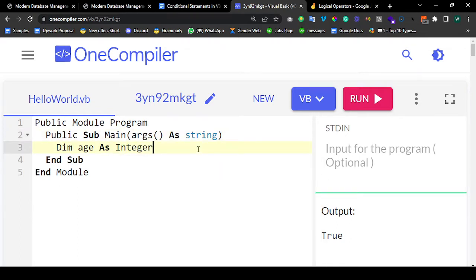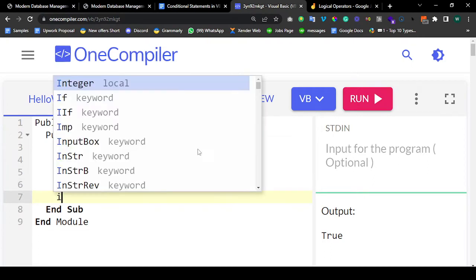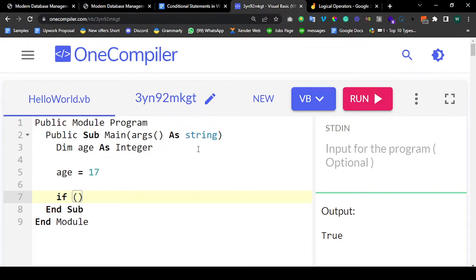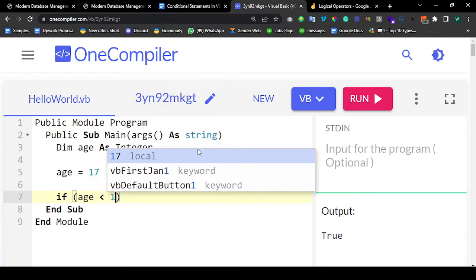Since the age is integer, I can do something like age equals 17. I'll now say if condition, age is less than 18,